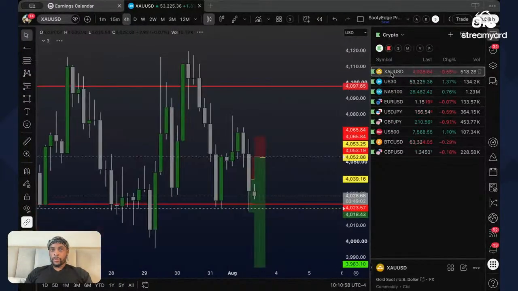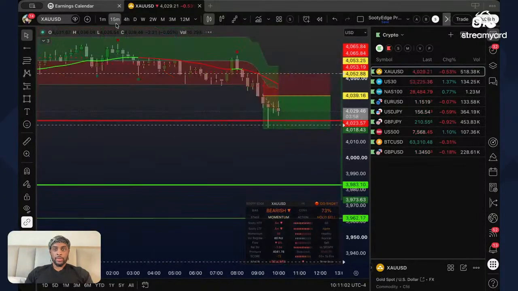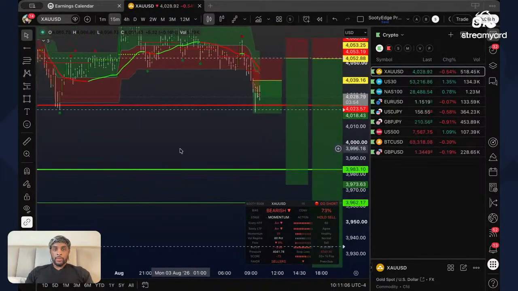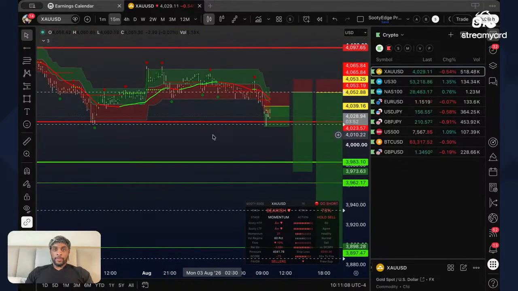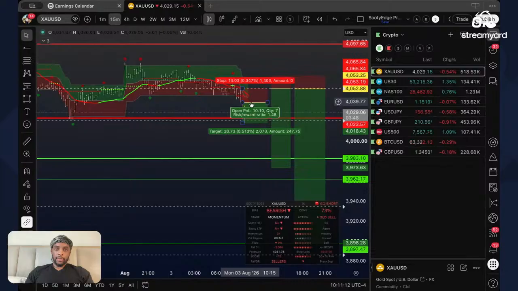So we're just swinging these positions. It's really just this simple. We're just swinging these positions. So keep holding gold sell. Like I said, you can keep this normal position, or once we get this closure below